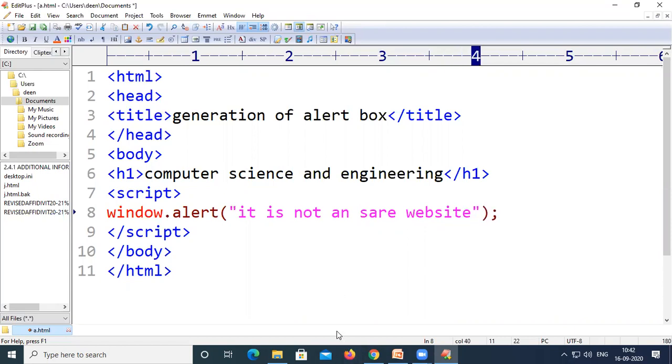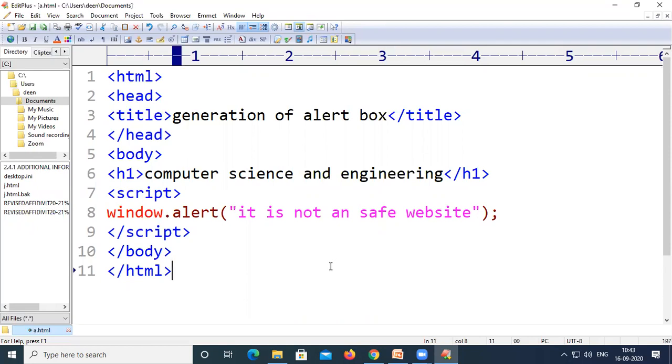That means we are giving some message or warning to the user who has opened this particular web page. That message will be displayed over the window.alert message box. If you are okay with the site not being safe and still want to open it, you can just click on that OK button. Let us save the code.